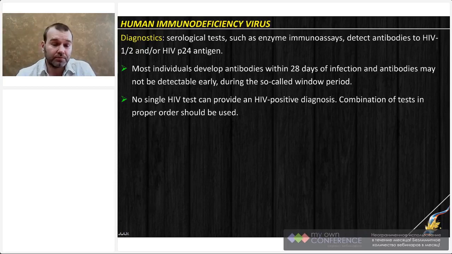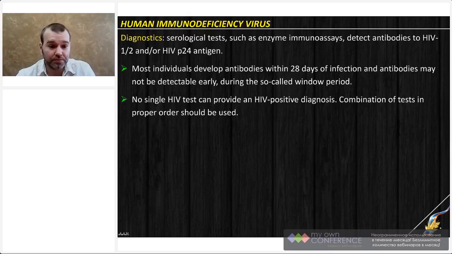So the first thing you should remember is that we have a window period. It is the time period when the subject is already infected with the virus, but the virus is not multiplying actively. It is the stage of adaptation, and antibodies are not produced yet. It is usually about a month or 28 days between the episode of infection and